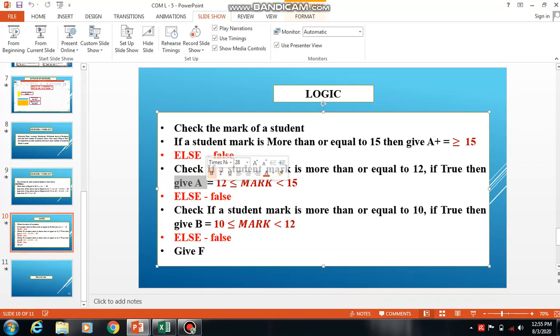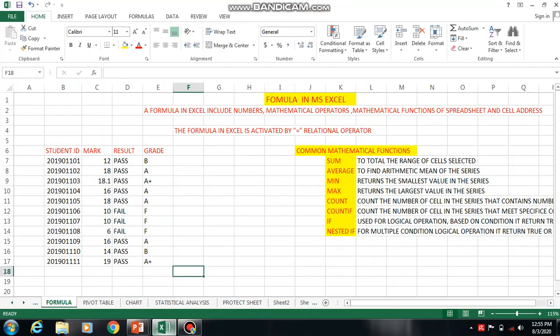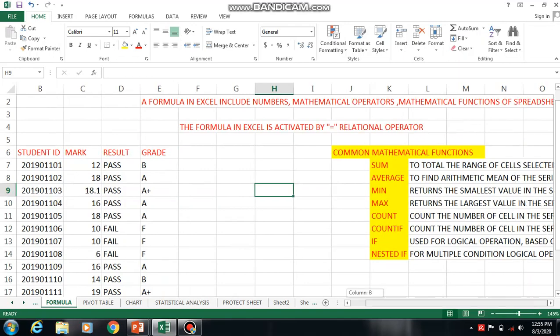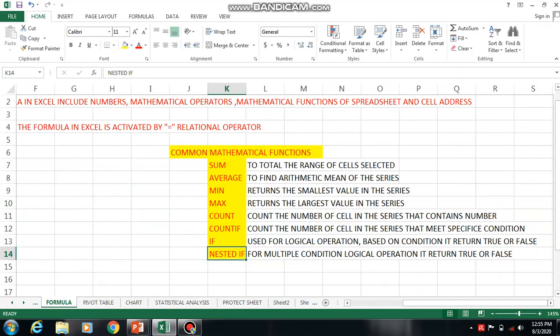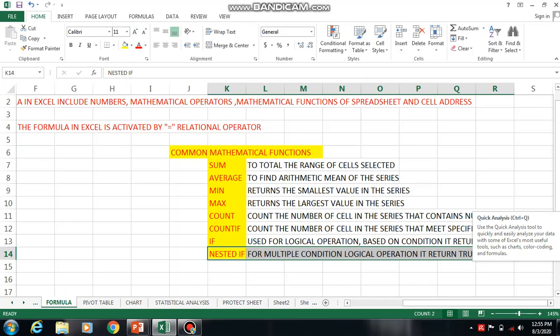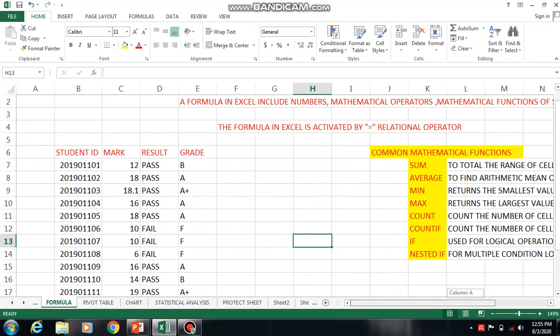So we are using the if statement, and for this we use a nested if, because we want to cover multiple conditions. For multiple conditions with logical operations, you use nested if.